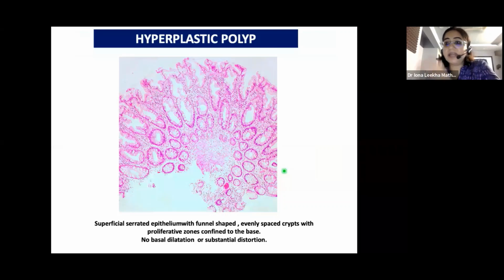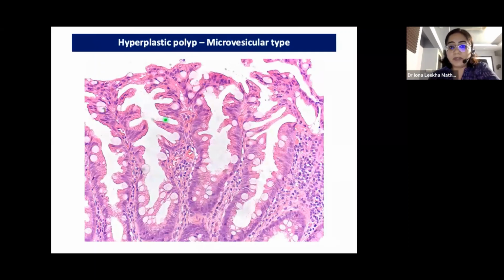Before I go into the sessile serrated lesion, I will just tell you what hyperplastic polyps are. You have to understand what a hyperplastic polyp is. In the hyperplastic polyp, there is serration of the superficial epithelium. The crypts are arranged and the architecture is maintained. The basal portions do not show any dilatation, and they show serration, that is a sawtooth appearance of the crypts, which is not seen in the basal portions. This is a high-power view, again showing sawtooth appearance of the crypts.